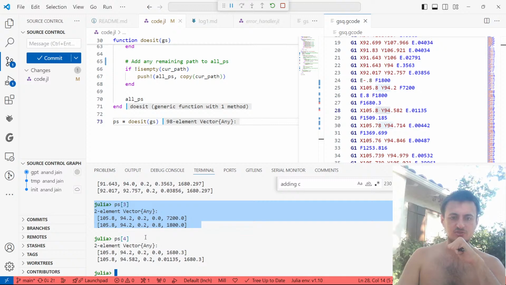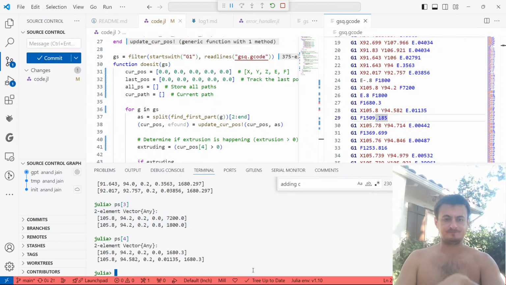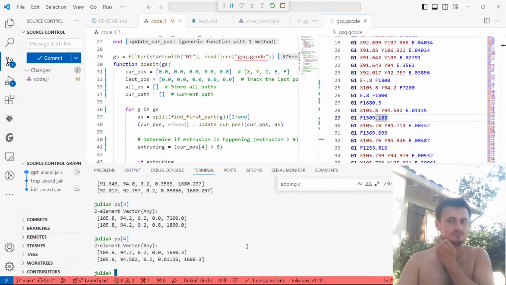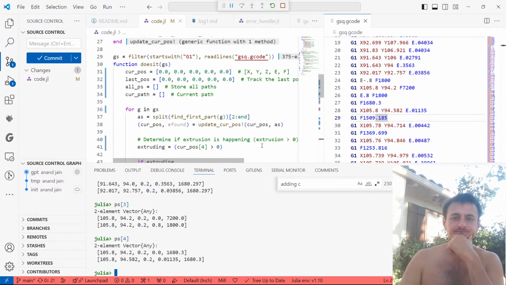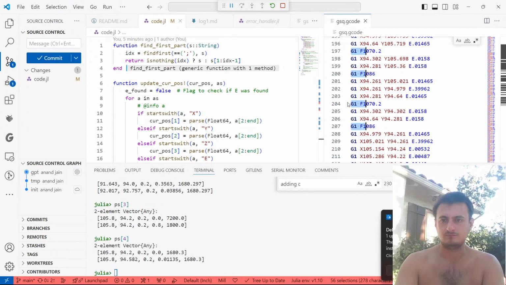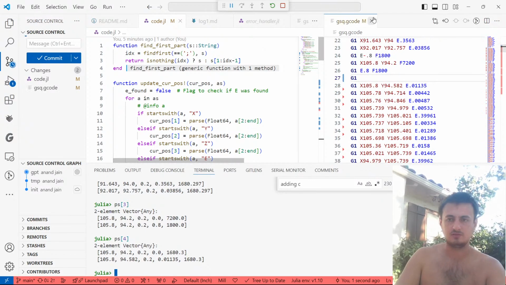What we can do is we can just drop those. Wait, but now... Oh. I think it's the feed rates. Can we just drop all the lines that... I'm just curious. Okay. Wait, can we